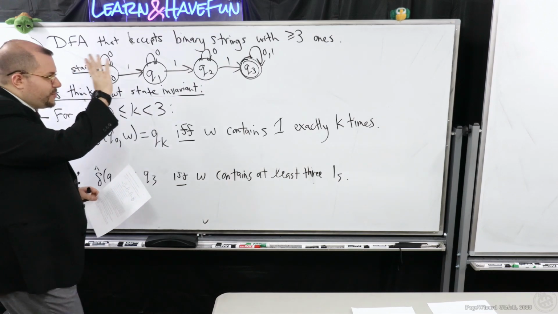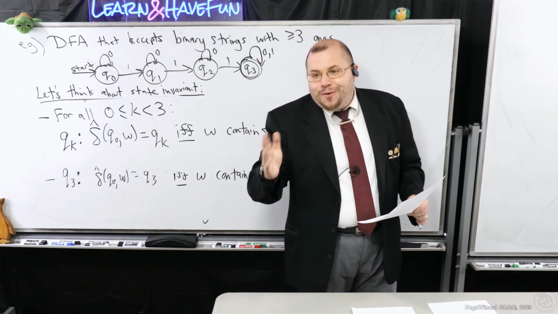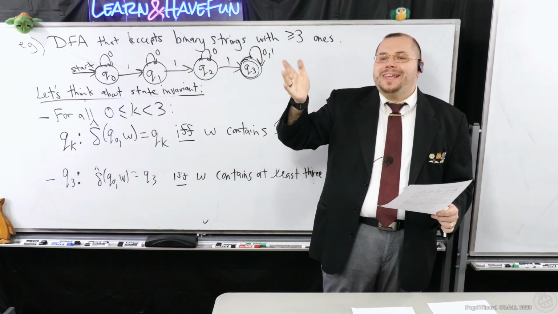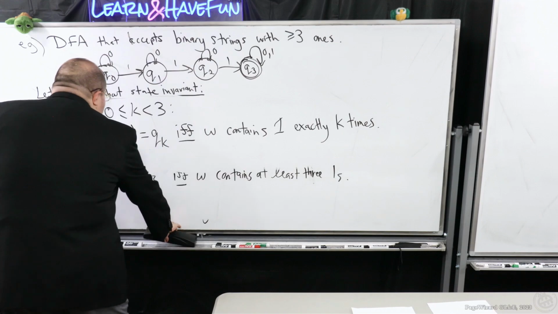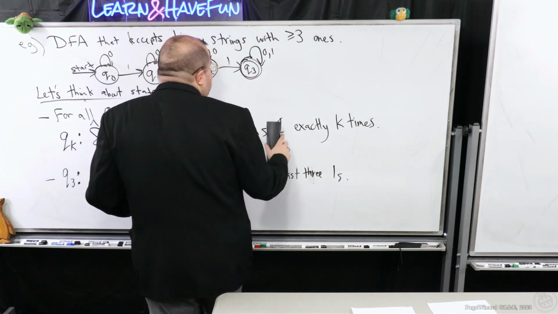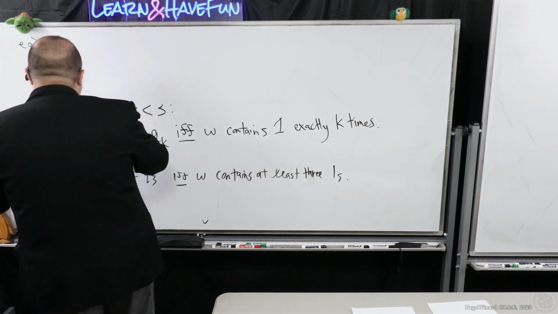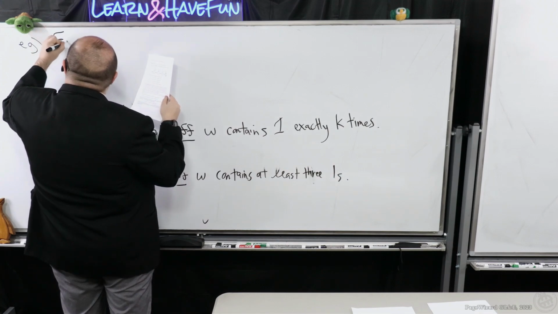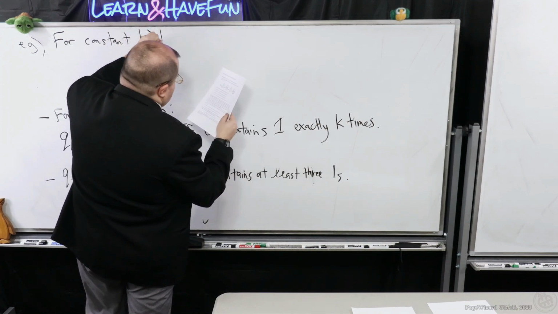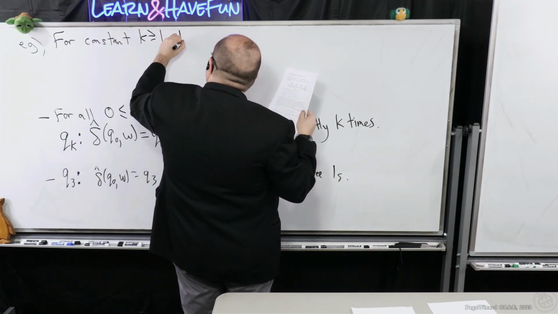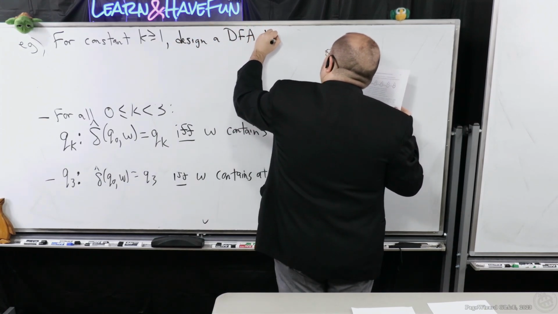So rather than proving the correctness of this DFA, I'm going to actually prove the correctness of a whole family of DFAs for a given value that tells you how many at least you see of 1s, okay? How many times a 1 appears. So let's do that now. Instead of proving it for just this, let's prove it for a much broader one. So for constant k greater or equal to 1, design a DFA that recognizes